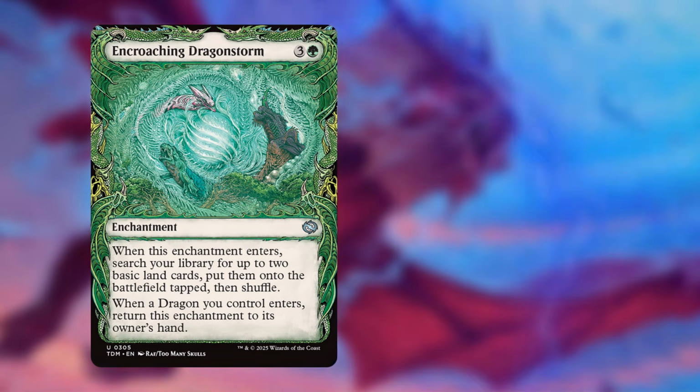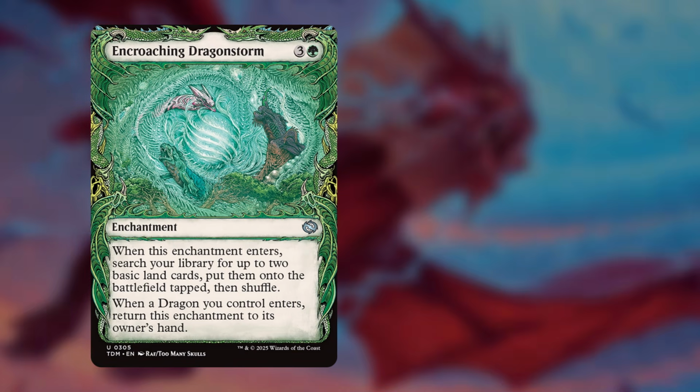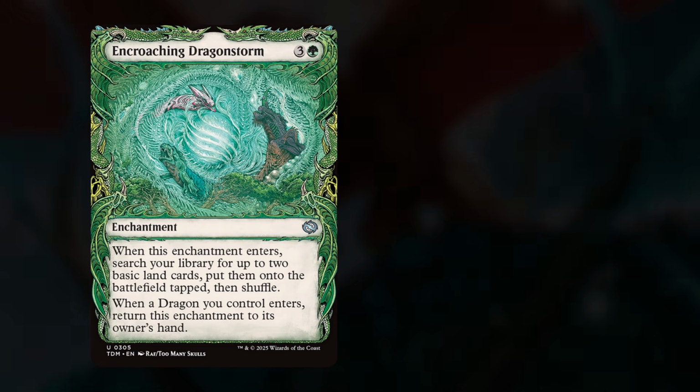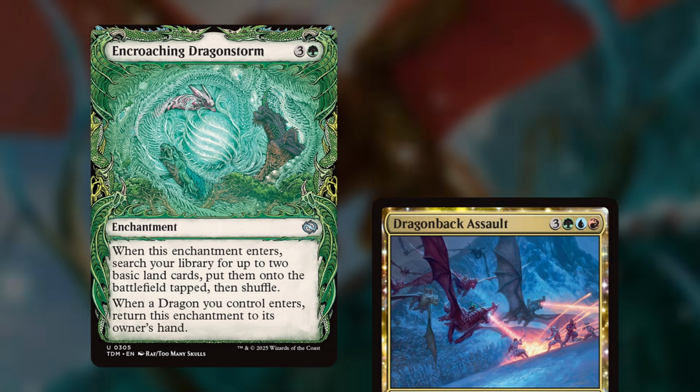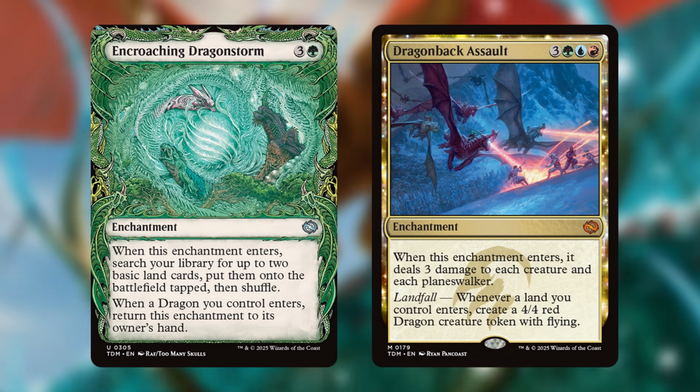And the next part is really what I'm looking forward to with this type of card. Whenever a dragon you control enters, return this enchantment to its owner's hand. So this is the type of ramp spell I love in this type of deck. It works very well with Dragonback Assault, which by the way is also in the deck, and I feel like you don't necessarily need it in the deck, but I feel like this is almost like a 2-card combo